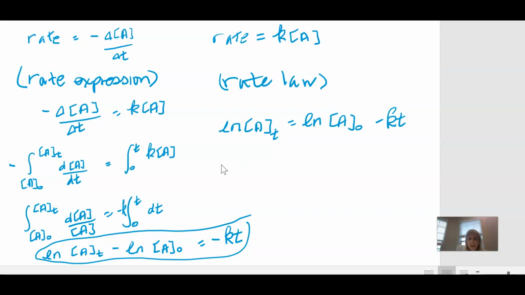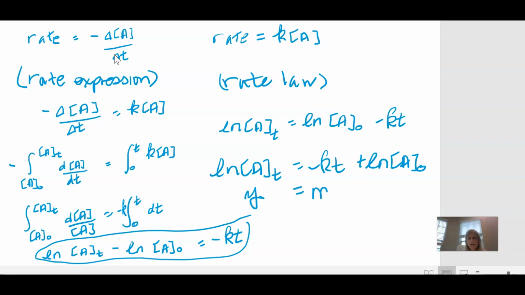There we go. I like to write this as natural log of concentration of A at some time t equals negative kt plus natural log of the initial concentration of A. And the reason I like to do this is because this gives me the sense of the equation of a straight line,